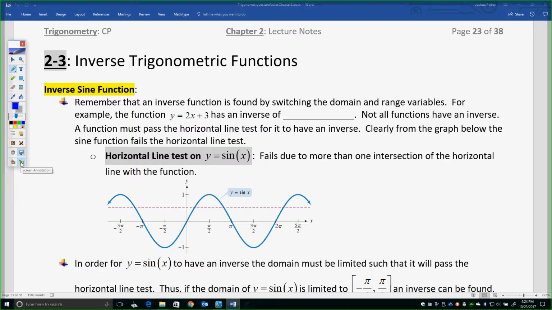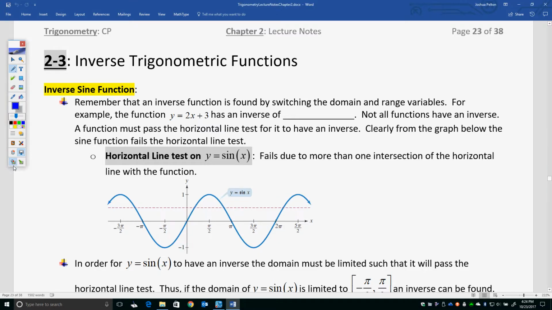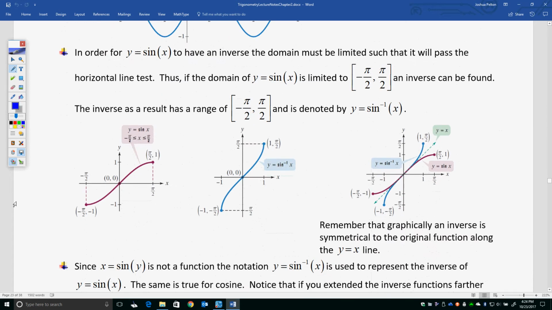What we're going to do is limit our domain of the sine from negative pi over 2 to pi over 2. So as a result, we're ignoring the rest of the sine function, which goes on forever, and the remaining piece will actually pass the horizontal line test if I limit it to negative pi over 2 to pi over 2. So the resulting graphs,